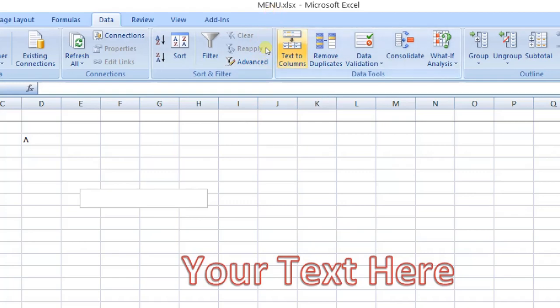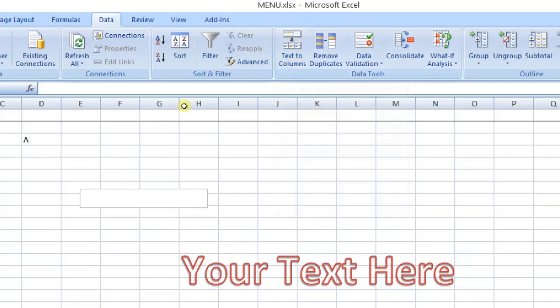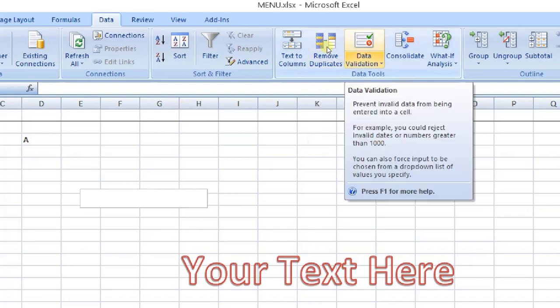Text to columns will be applied whenever you are copying text and arranging it into columns. And remove duplicates. Data validation: suppose for a range of particular cells, you want data to be entered in a particular format and don't want any invalid data. Prevent invalid data from being entered into a cell. So this is called data validation.